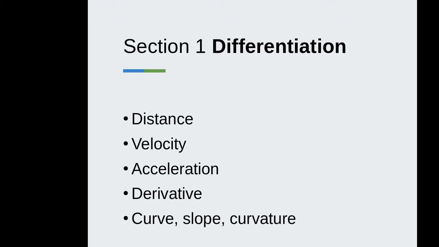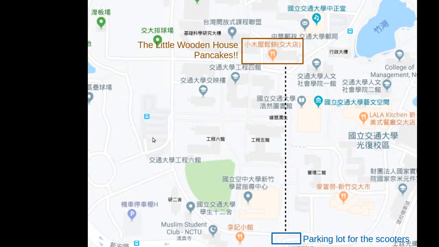Okay, so we start from an example, and just imagine this is a map of our campus. And please just imagine that you are in the parking lot for the scooters. So it's at the back gate of our campus, and you're here, and you're heading to the pancake house of our campus. 所以你现在是在后门，然后你现在要去小木桶。